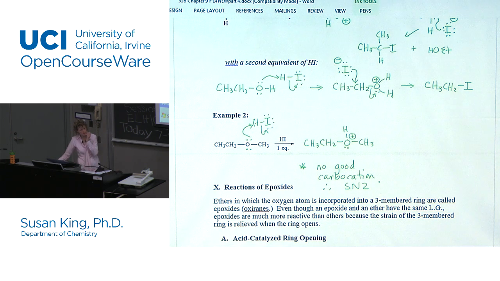Least hindered side, right? It's an SN2. Iodide's going to attack on the least hindered side. And that's the methyl. Backside attack. Break carbon-oxygen bond. So we get